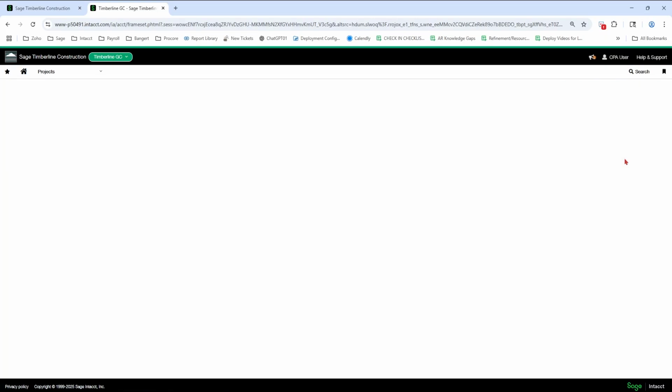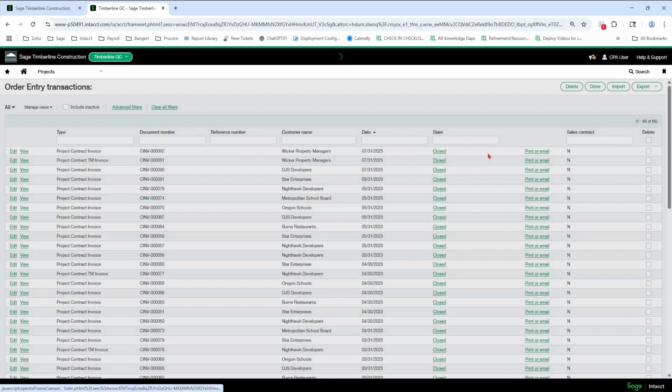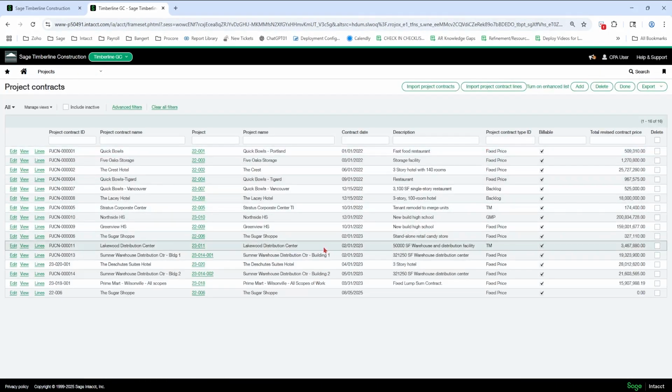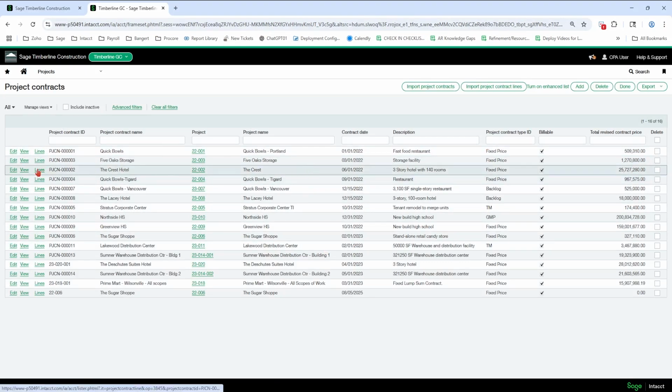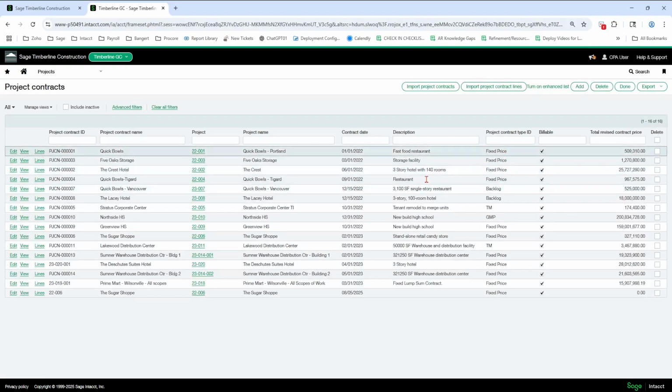Okay, so now a scenario where I have an AIA and I have the fee at the bottom. So I'm going to go to project contracts and I am going to look at the fixed price one, the Crest Hotel we'll use. So again, depending on what you need for the view here, you could say AIA fixed price, fee at the bottom, for the contract type. If you really need that differentiation, you can do that as well, right? So kind of a best practice, what some other people are doing.